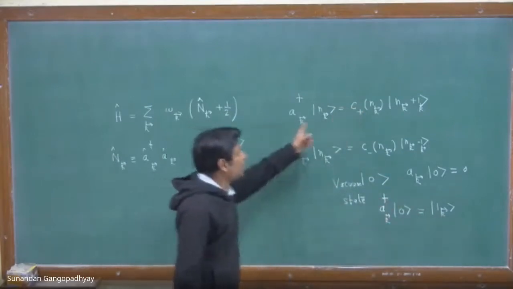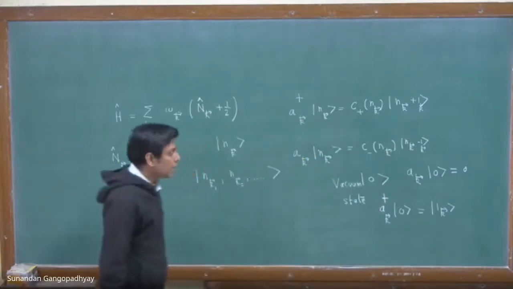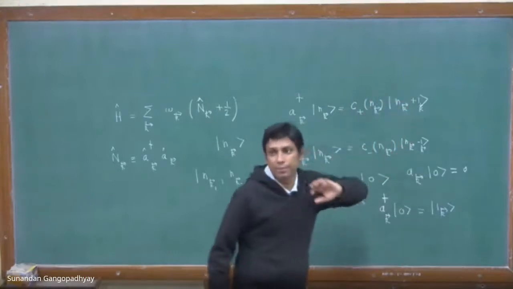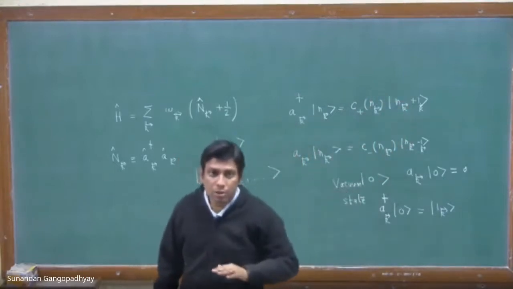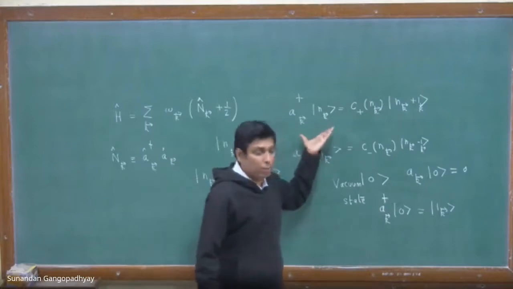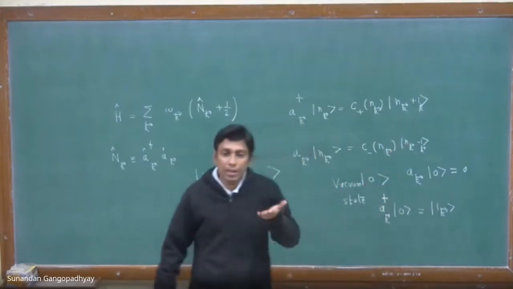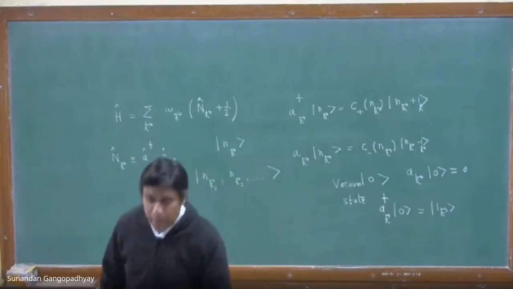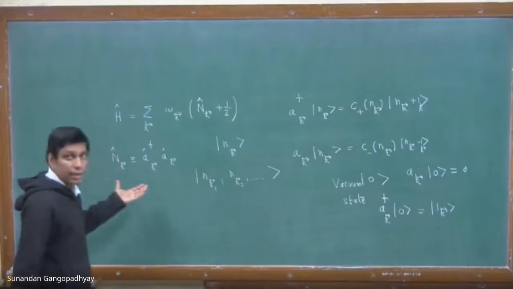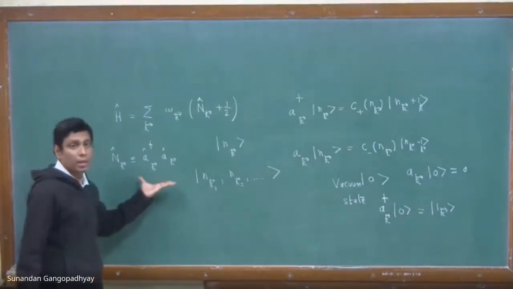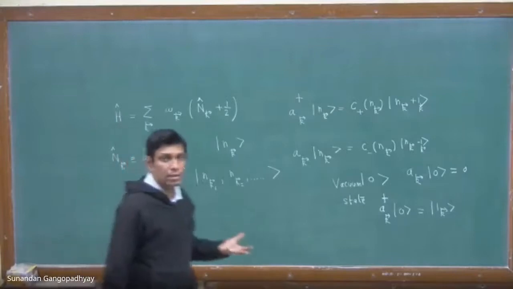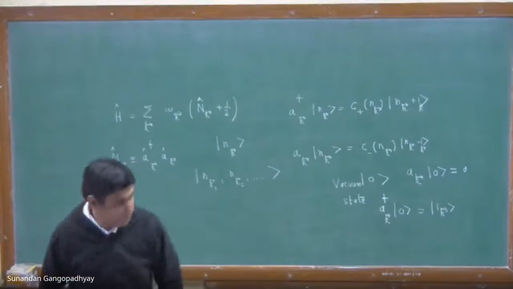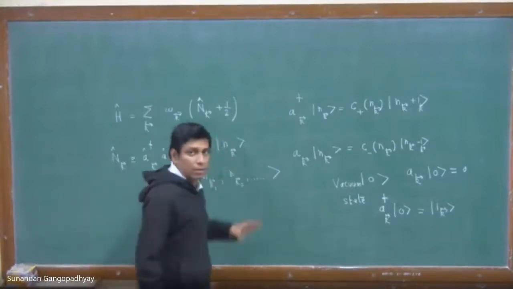And because of this relation, you can understand that this n_k is really an integer. It starts from 0, and then you act with the creation operator, you keep on acting with the creation operator, it increases in steps of 1, and therefore n_k is really an integer. Once again, it is consistent with the interpretation of this operator as a number operator. It measures the number of particles with momentum k. And therefore, these numbers n_k that you have are really integers.